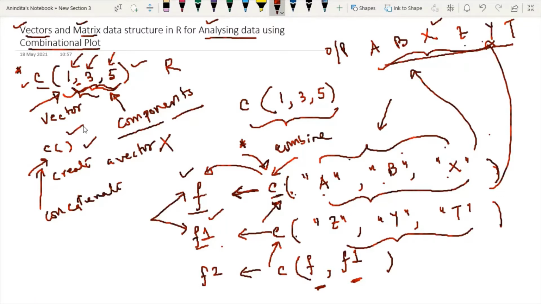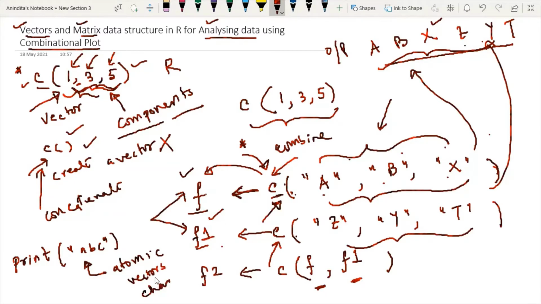Now we have different kinds of vectors. If I write print("A, B, C") within double quotes, this kind of vector is known as an atomic vector of type character.